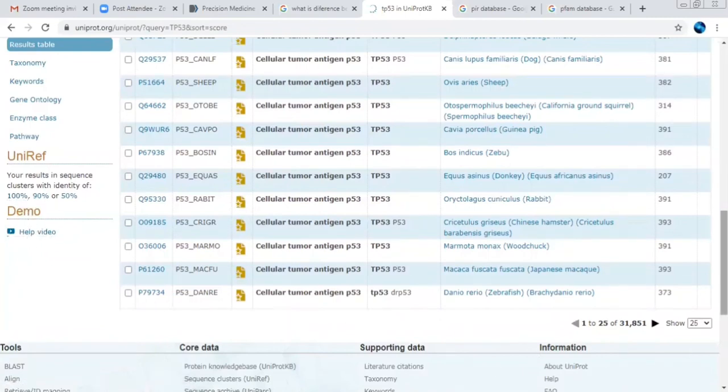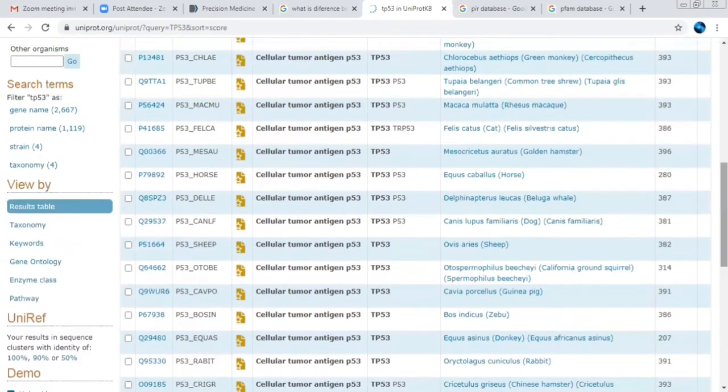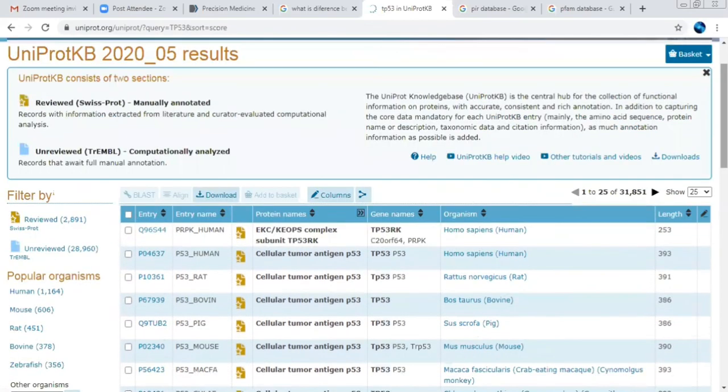If you need more data and want to search more accurately with respect to your interest, you can click on the video and see how many different data types or videos have been provided to you for your research-oriented work. Here you can see the download options. You can download from here, and here the basket option has been provided.